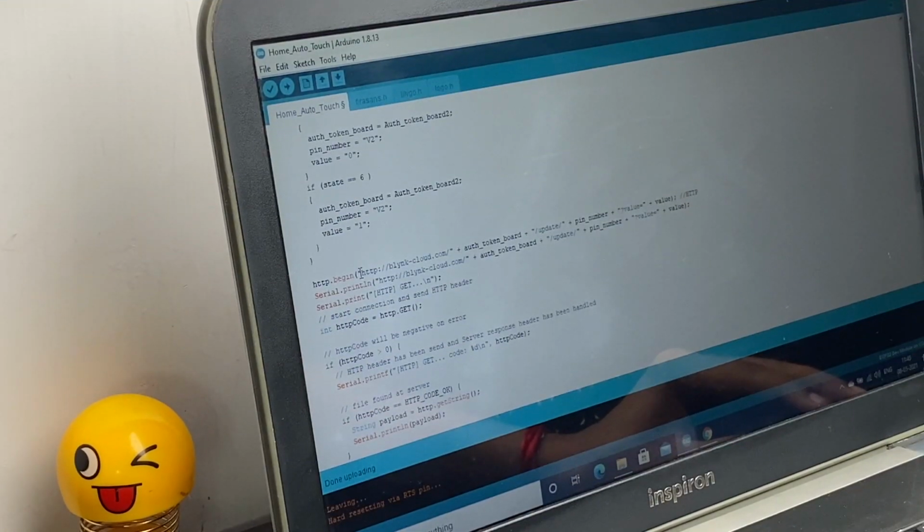So yeah, that was all about the hardware part of the project, the PCB of the project. Now coming back to this video. Earlier we were able to control the appliances with the help of the Blynk app, but now we want to control them with the help of this Epaper. How will we be able to do that? For that, we'll be using the Blynk APIs. As you can see in this code, here is the Blynk API using which I'll be able to interact with